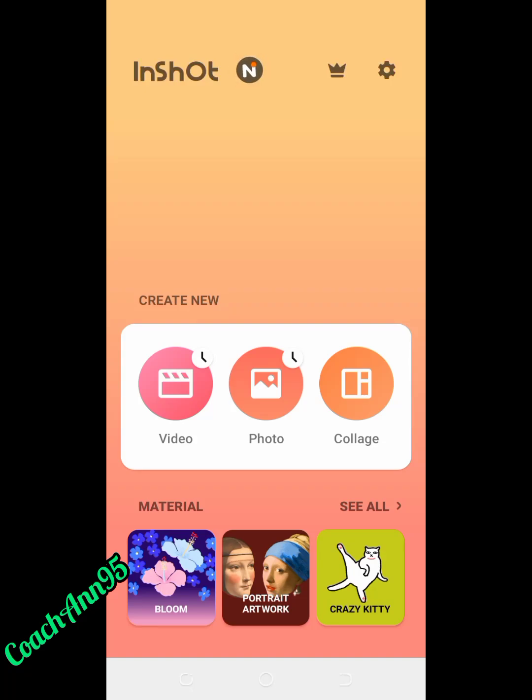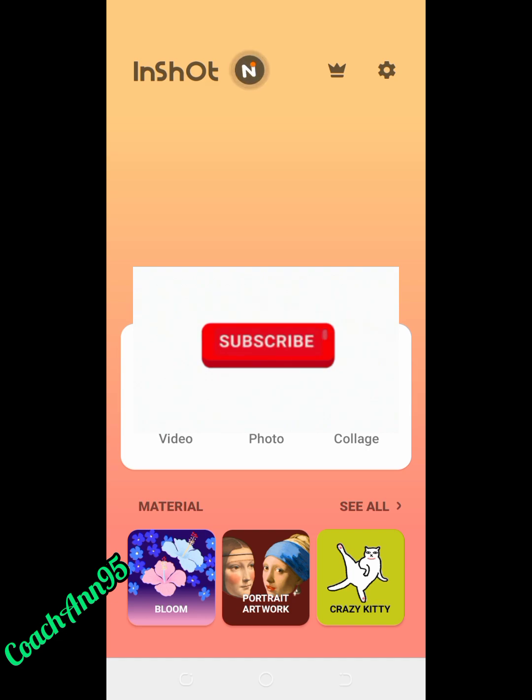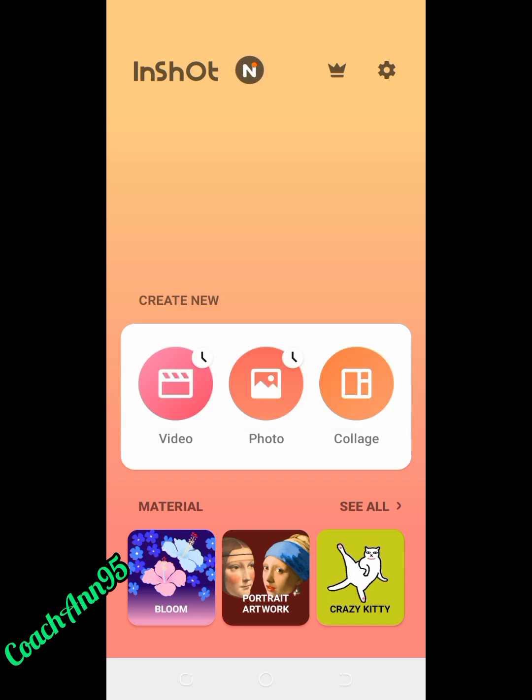Today I will teach us how you can import songs into your InShot app. Most times we'll be like, how do you add a song to your videos? How do you add a standard song that is not yours? And I remember that I've taught us how to generate our own song using AI. So how to import those songs